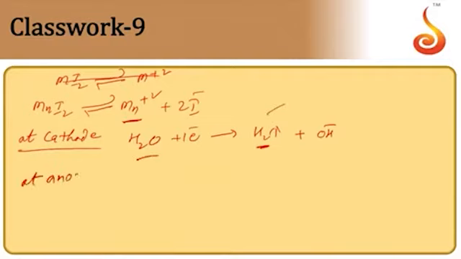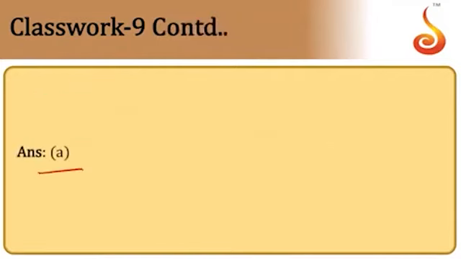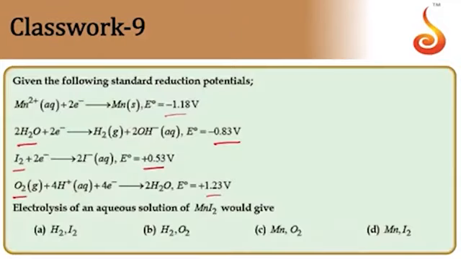If you take the anode, we have to see the anions now. The anion is I minus. Either I minus must be oxidized or water must be oxidized. Whichever has a higher oxidation potential gets oxidized. When you observe the values of I minus and water, I minus has the higher oxidation potential. Therefore, I minus gets oxidized at the anode, meaning 2I minus gives rise to I2 plus 2 electrons. So iodine is liberated at the anode and hydrogen at the cathode. So let us see the options here. Option A is H2 and I2.